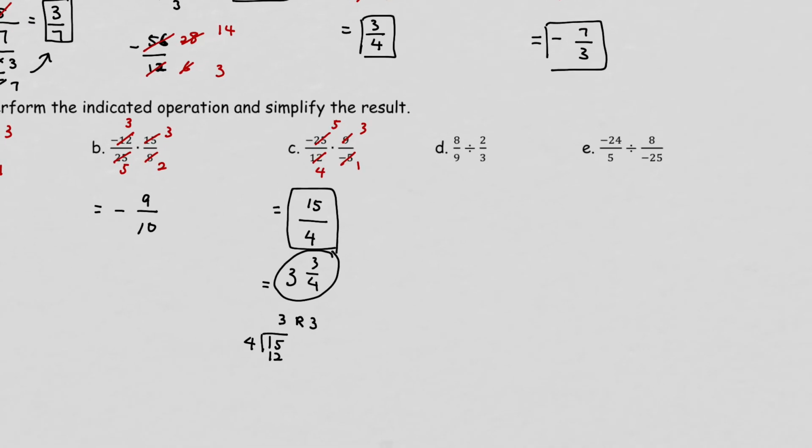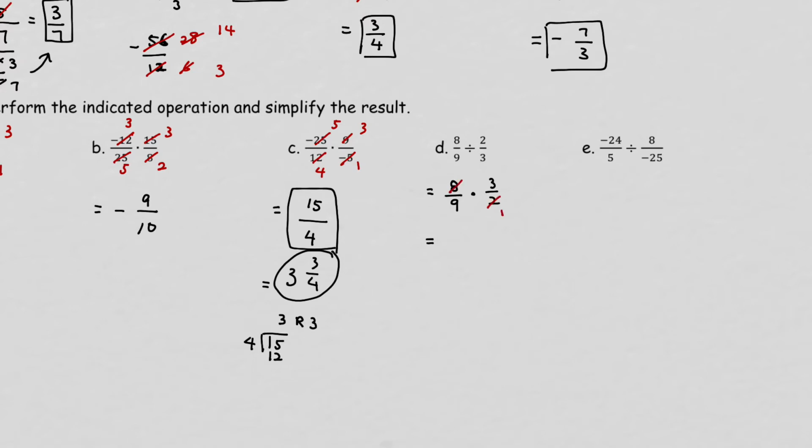So when we're looking at divisions, we want to add one more step in front. We want to change to multiplication and then follow the other 3 examples we just did. So in order to change division into multiplication, don't forget to flip the second fraction. That's all you need to do to change division into multiplication. So the first fraction will stay the same. Change division into multiplication and flip the second fraction. Once you change to multiplication, repeat,